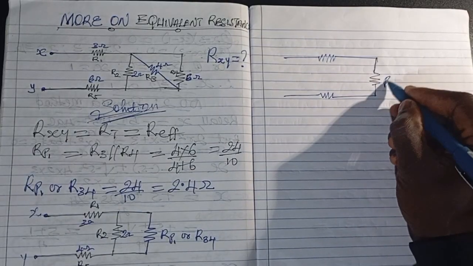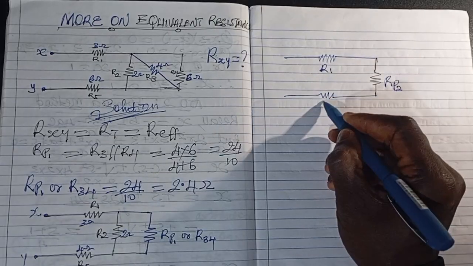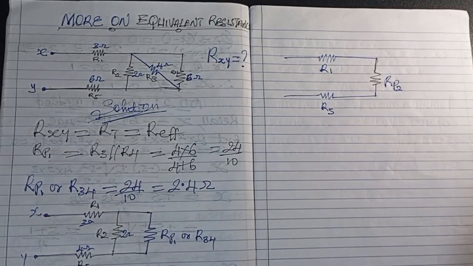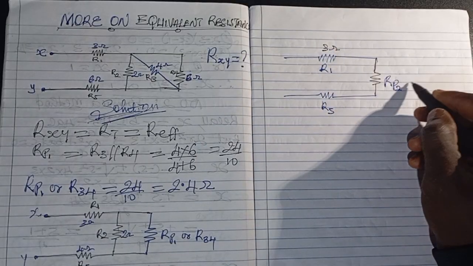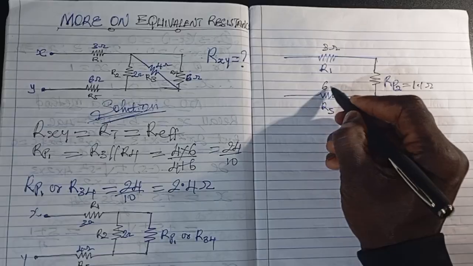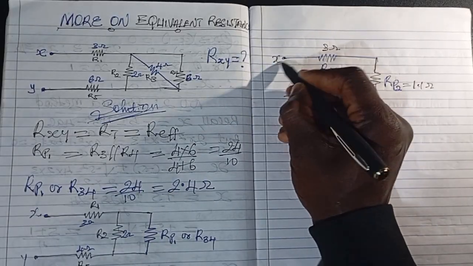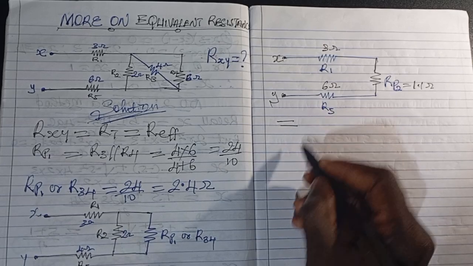Okay, so we can now have here Rp2. Then here now is our R1. Here is our R5. So our R1, remember, is 3 ohms. Here is 1.1 ohms. And here is 6 ohms. X, this is our Y. So what we are now going to have,